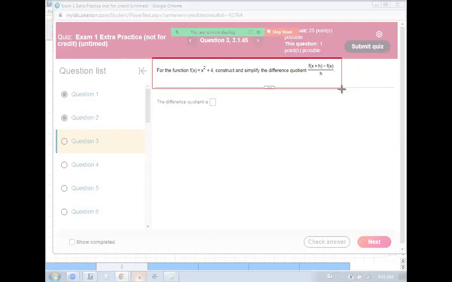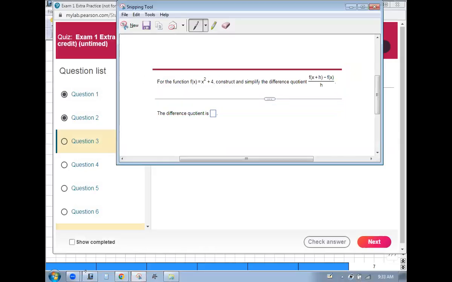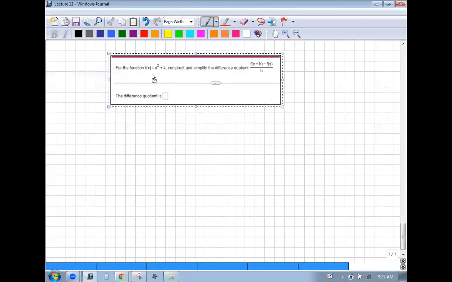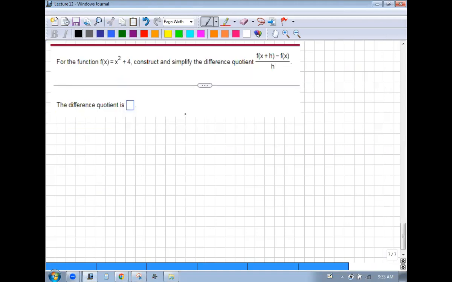Okay. The difference quotient. What is a difference quotient? This is the difference quotient. This is basically your slope. It's your change in y over your change in x, but specifically,